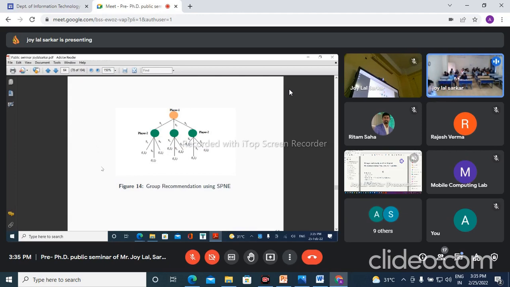But for the algorithm, we need to restrict our algorithm. That needs to be converted sometimes. So that's why you can see player 1 and player 2. Player 1 has 3 strategies: S1, S2, and S3. What is the strategy here? Suppose player 1 tells you that I want to go to Agra. Player 1 tells you that I want to go to, suppose, Jama Masjid, and he wants to go to a restaurant also.